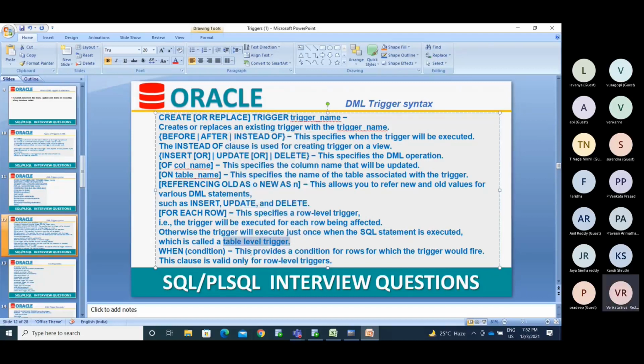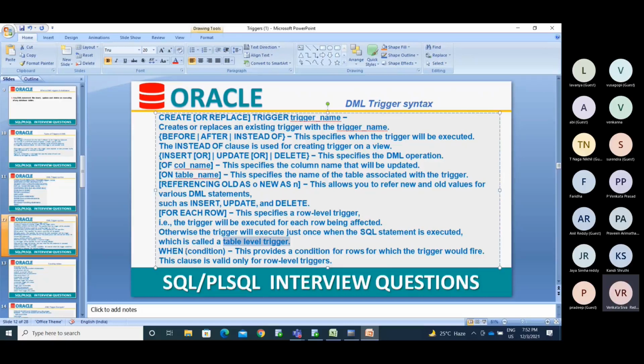Okay, so the when condition provides a condition for rows for which the trigger would be fired. If you are updating or inserting, when department number equal to 10, then the trigger needs to fire. The employee table has more than one department, so I need to maintain the trigger only for 10th department employees, not for the remaining employees.